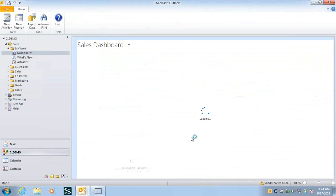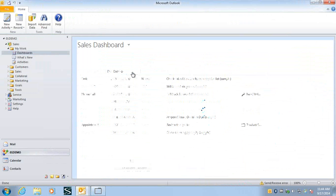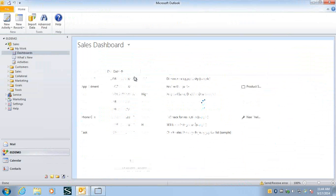And in terms of the columns, I have the ability to rank them. This way it's showing in descending order. I have the ability to show what's going on in ascending order as well, so that I can come in and see very quickly what I've got to do. So I know that I missed a phone call yesterday that I've got to make, and I also noticed that I have my appointment today at 1 o'clock, and then I've got a phone call, a task that I have to do later on today, and then as I come down to the fourth one, I see,